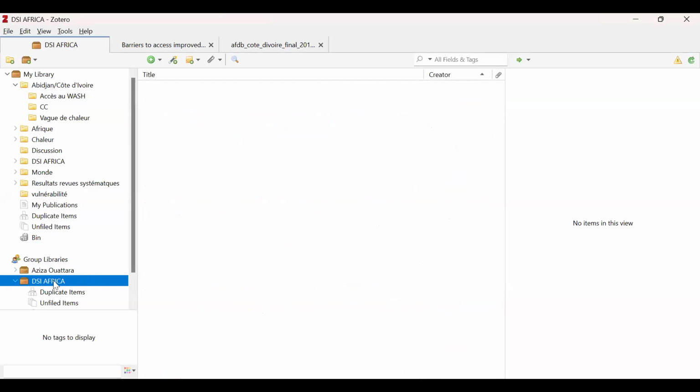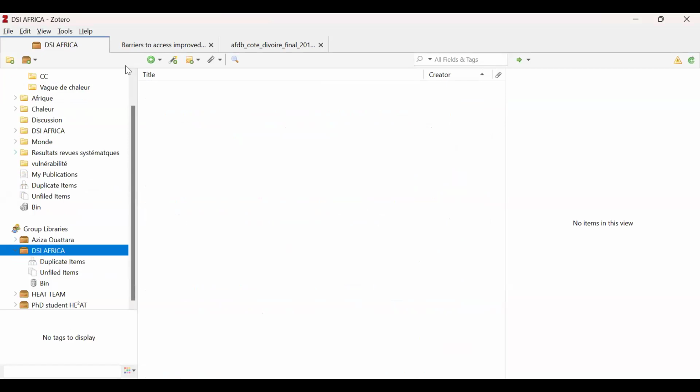Here you can see the group DSI Africa that I created on my account. You can create a folder for each member and share your documents, which will be visible to all. Example,